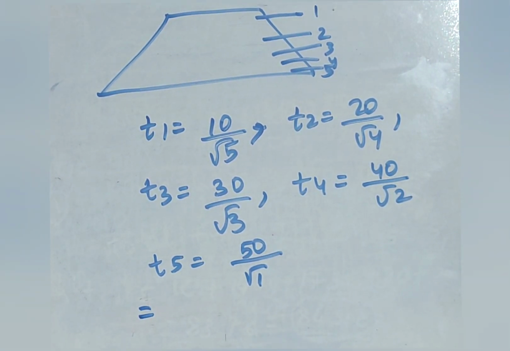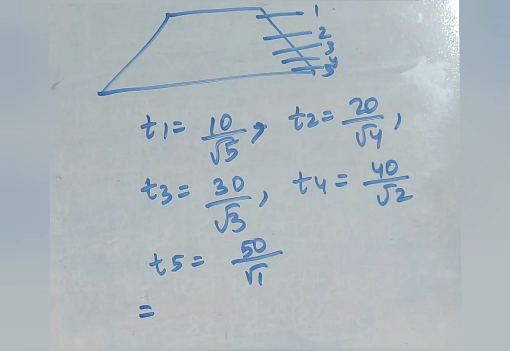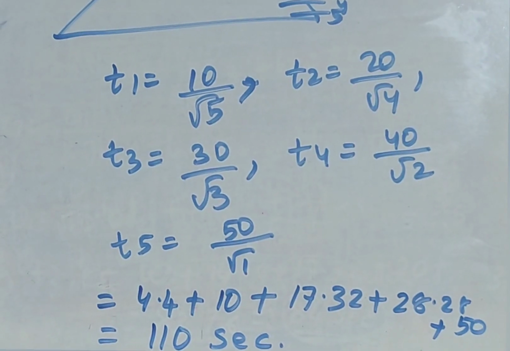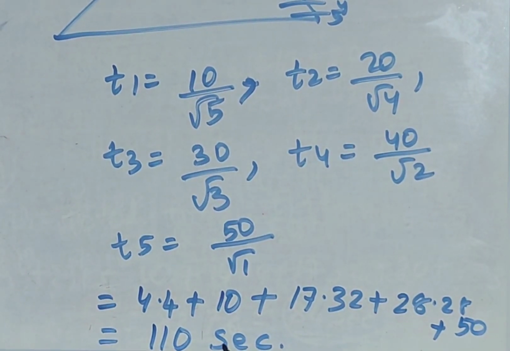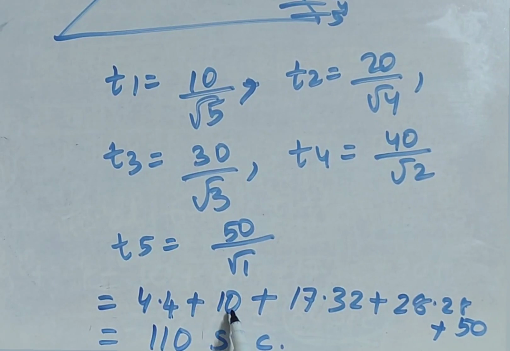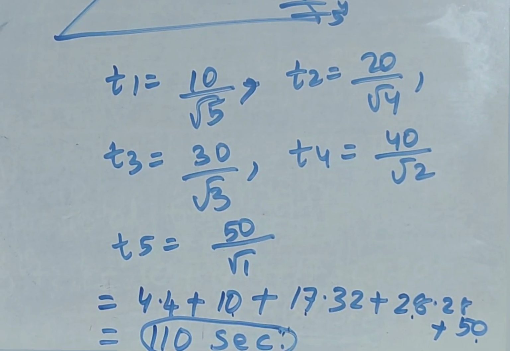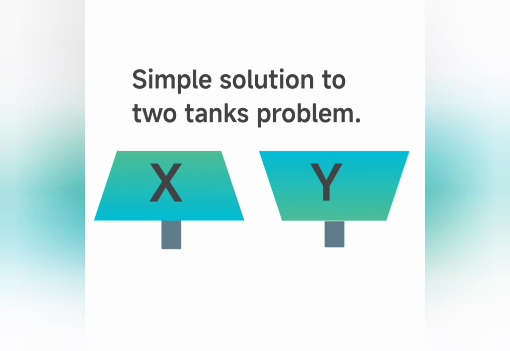Look at this, this is the logic that we have to understand. Larger volume is at a lower level in the second tank, therefore it takes more time. On simplification, we can easily see that it takes 110 seconds. And therefore,